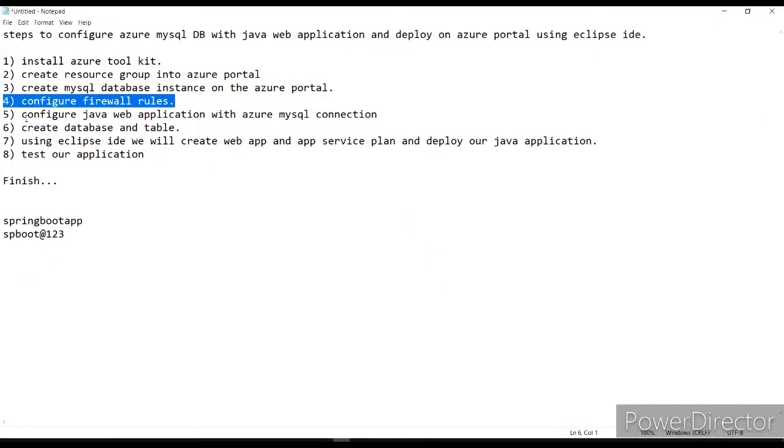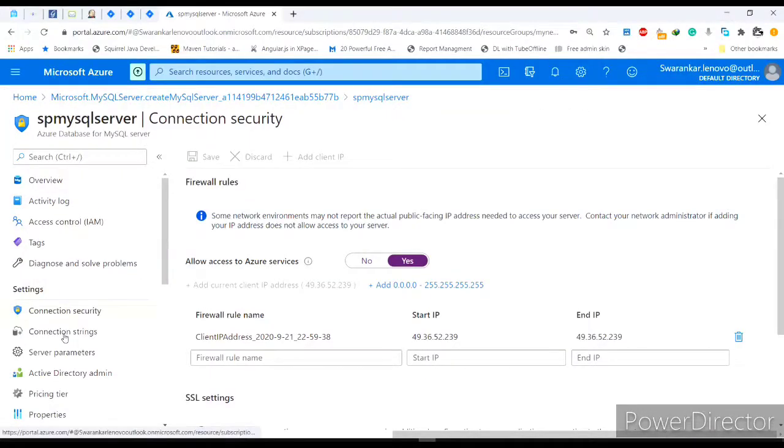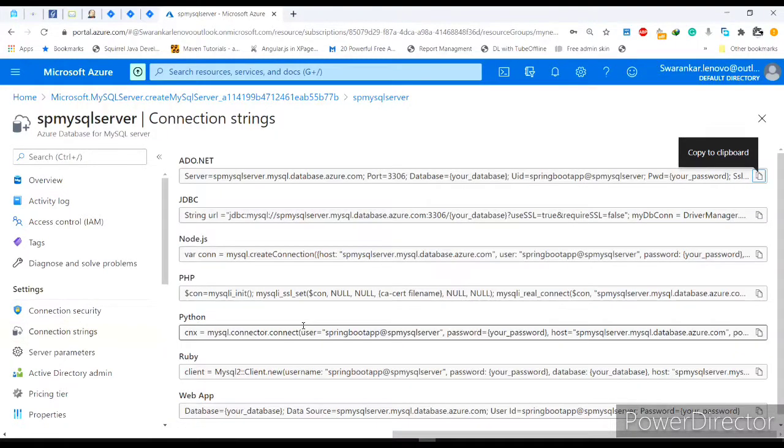Now we need to go for step number 5, configure the Java web application with the Azure MySQL connection. For this you need to go to connection strings, and there are many connection strings you will find here for ADO.NET, Java, Node.js, PHP, Python, Ruby, and other web apps.